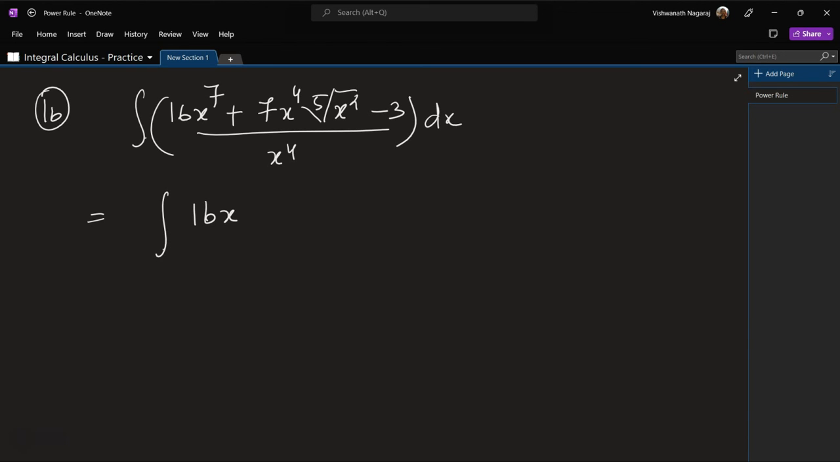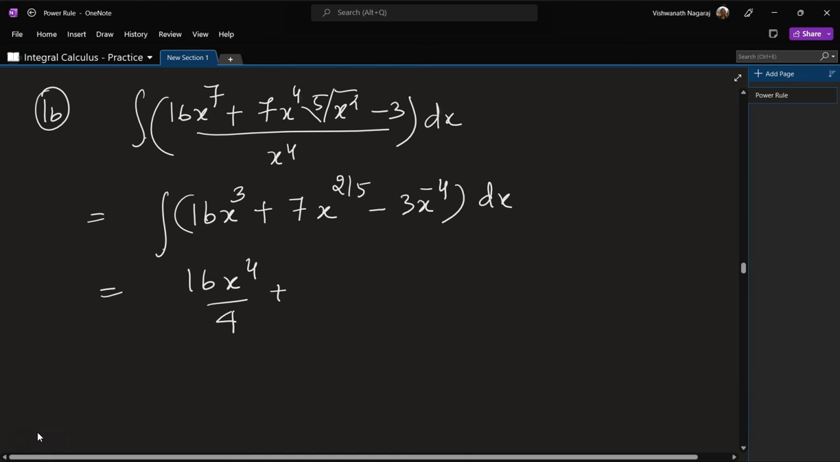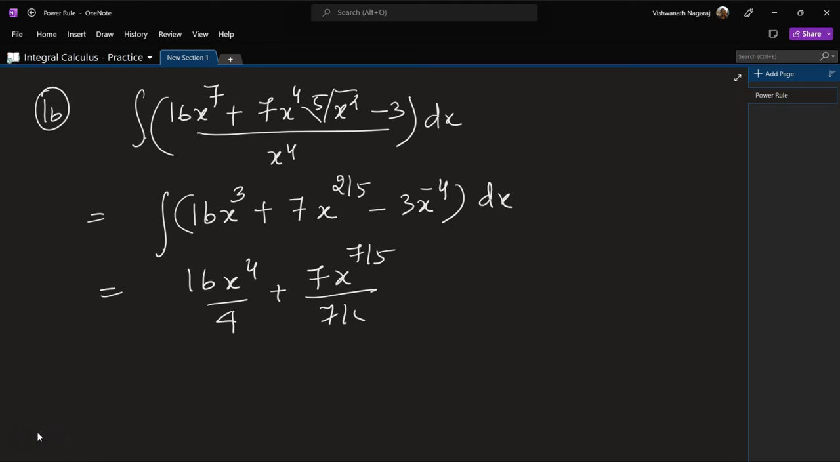16x to the power of 7 minus 4 is 3, plus 7x to the power of 4 plus 2 by 5 minus 4. So 4 minus 4 is going to be 0. So we are left with 2 by 5 minus 3x to the power of minus 4. And now we can integrate 16x to the power of 4 by 4 plus 7x to the power of 2 by 5 plus 1. So 2 plus 5 is 7 by 5, divided by 7 by 5